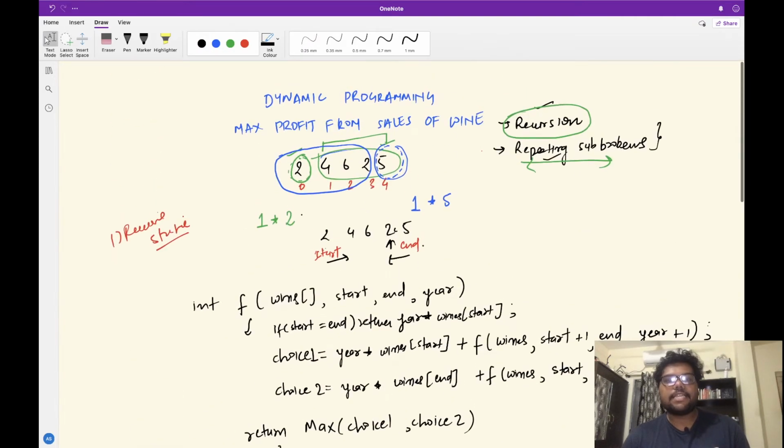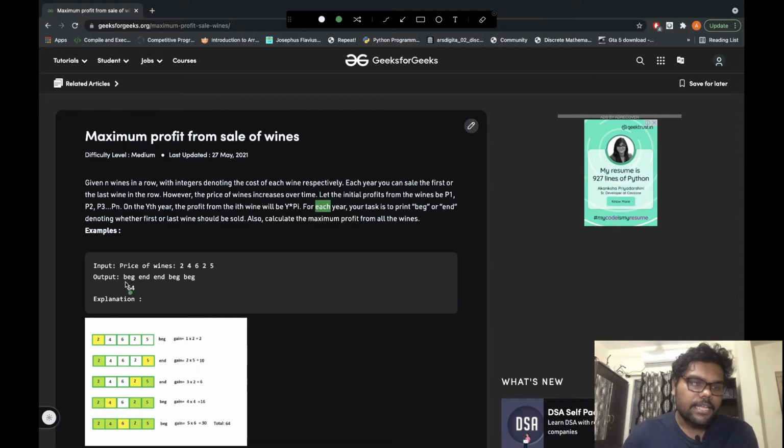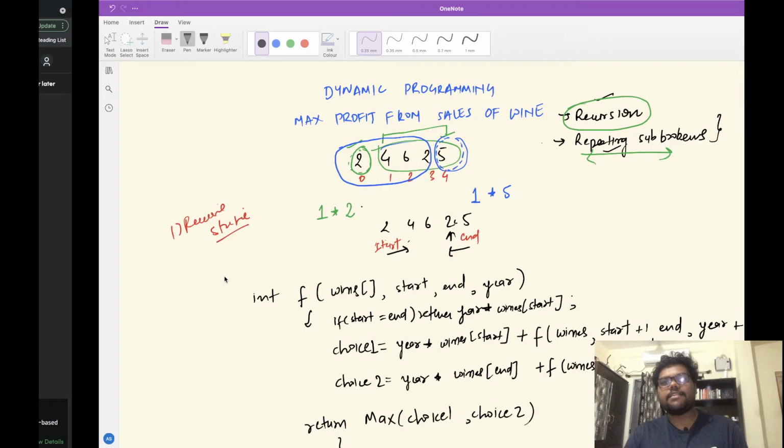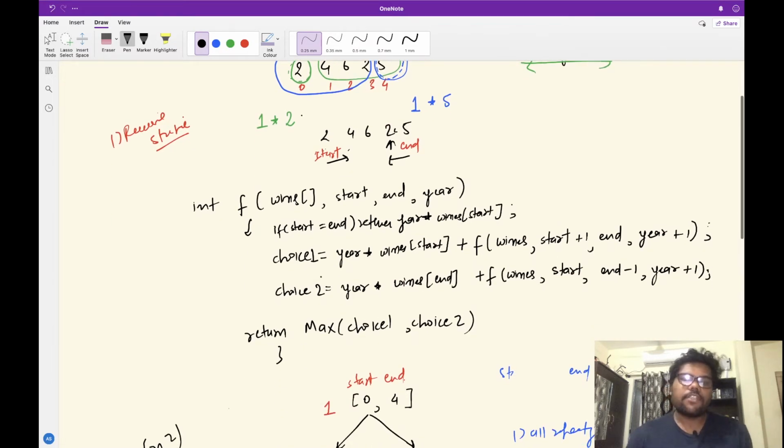Now, the other thing that the question asks is we also have to tell the sequence of what we have selected. Either we have selected the beginning or we have selected the end, right? So this sequence we have to also tell. Recording that sequence will also not be a problem, because whatever choice you are making will be determined by the maximum of both the choices.